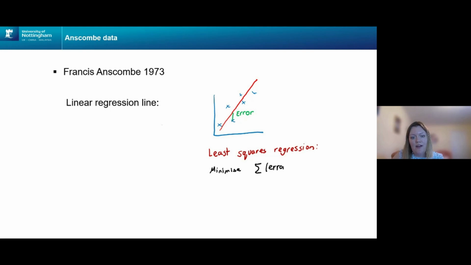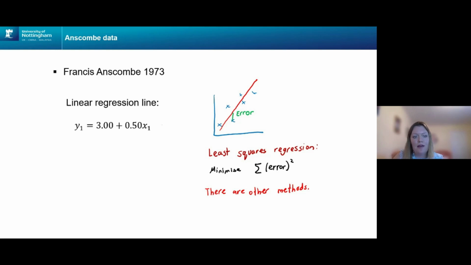So we want to find the line that minimizes, makes as small as possible, the errors squared, all added up. We essentially want to find a line that is as close to those points as possible, such that the errors squared are at a minimum when we draw that line. There are other methods you can use to find a line that represents this data, but